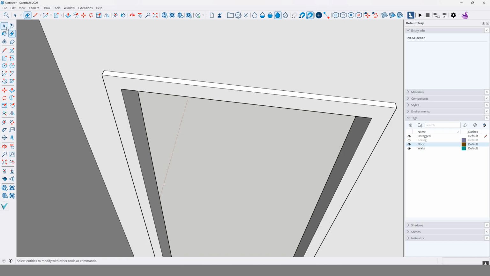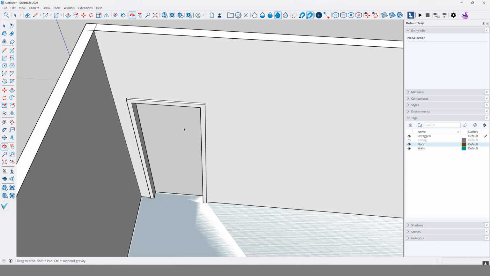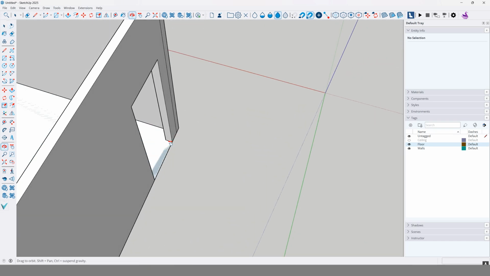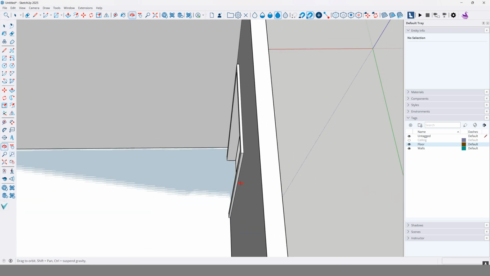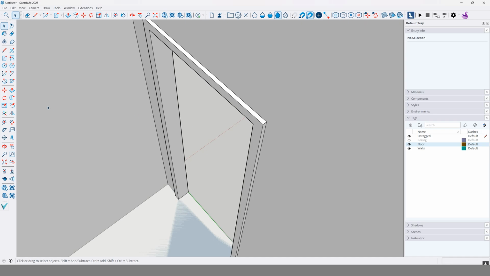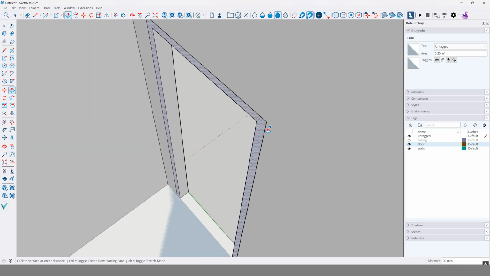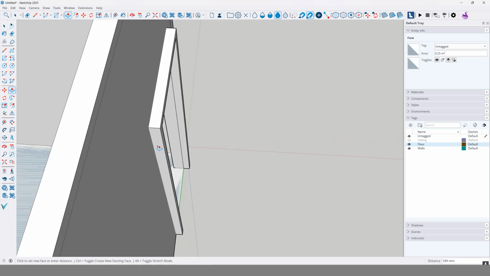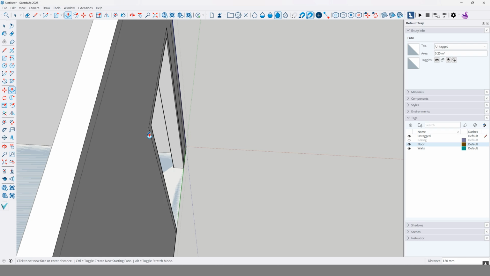Not necessary, but it's a nice thing to do. Now, if you're going to be viewing this from the other side as well, and you want to have the door frame come through the other side of the wall, it's very simple. Open the group, select it, push Control, pull it through to the back of the wall, and here we know